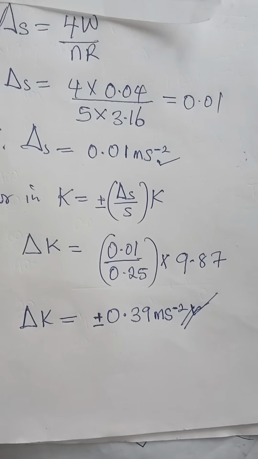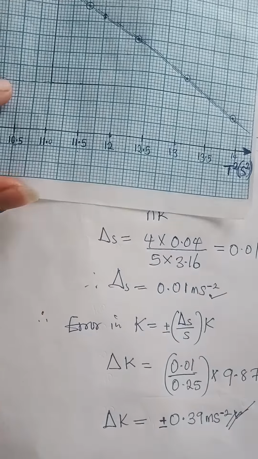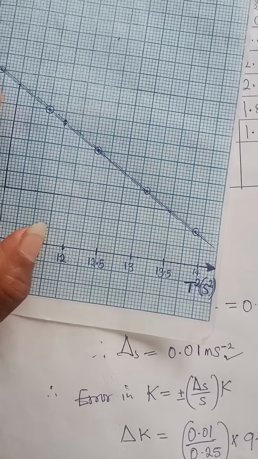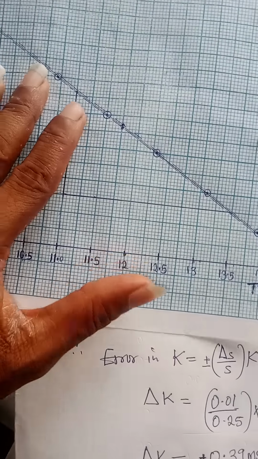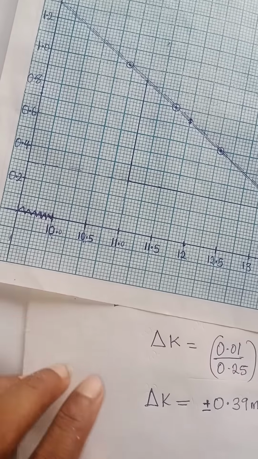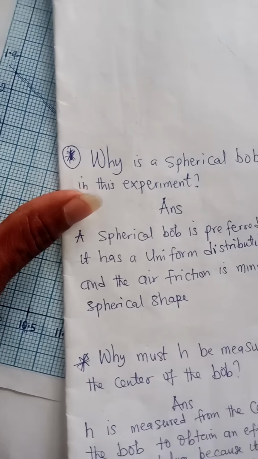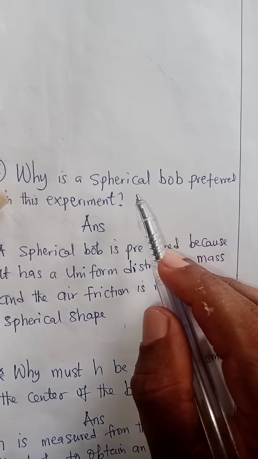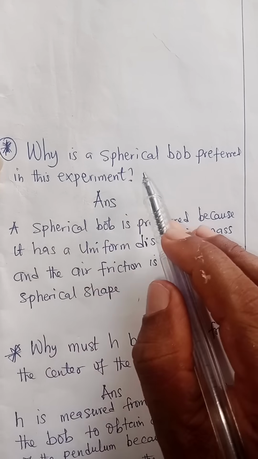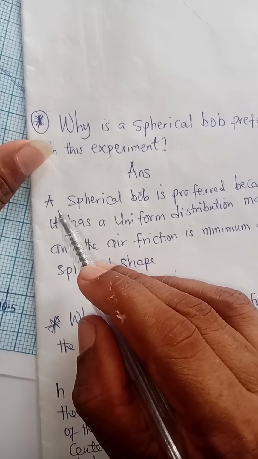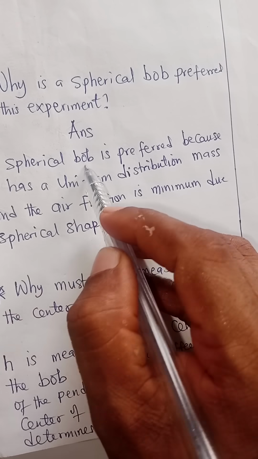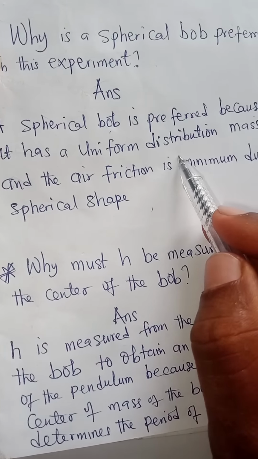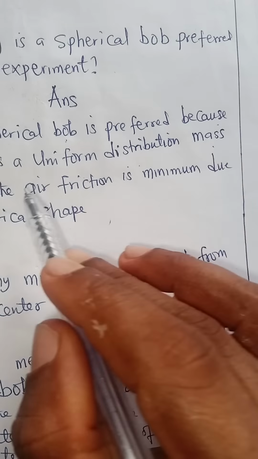And finally, we are asked to solve this. The question says, is a spherical ball preferred in this experiment? Why is a spherical ball preferred in this experiment? Look at my answer here. The answer I gave is, a spherical ball is preferred because it has a uniform distribution of mass and the air friction